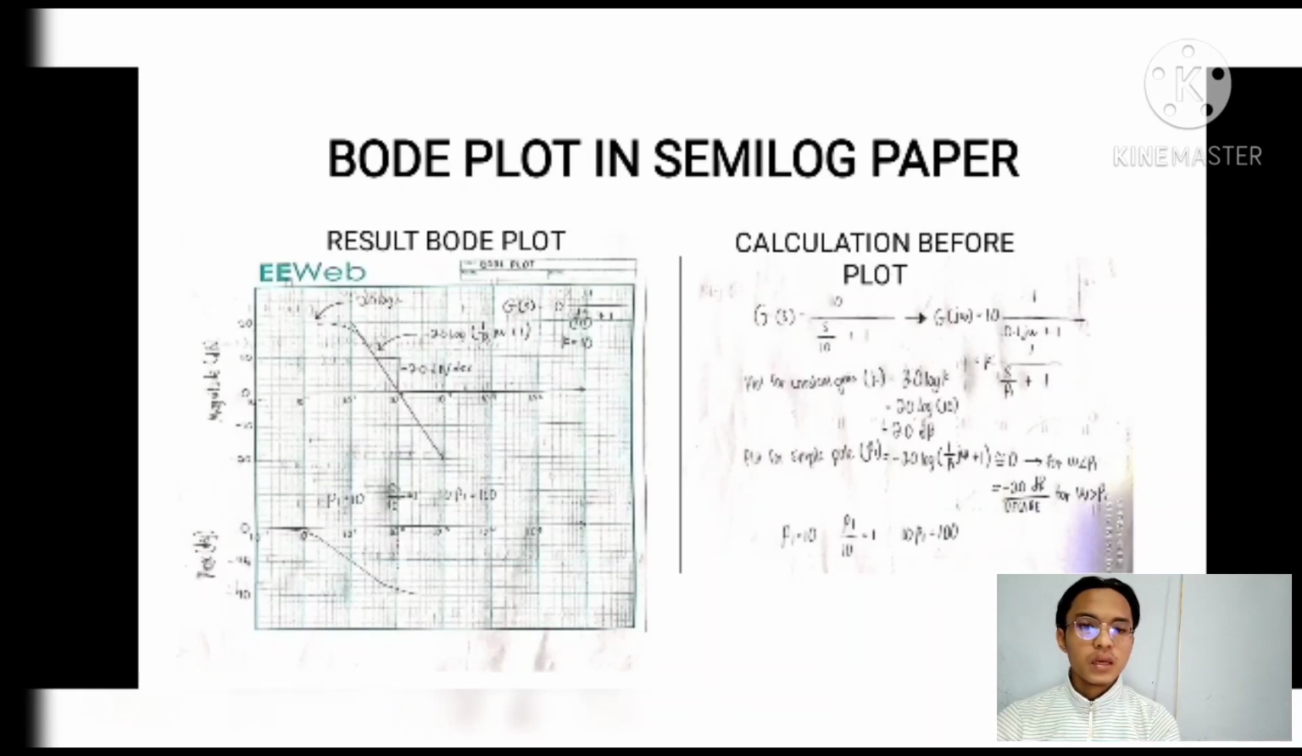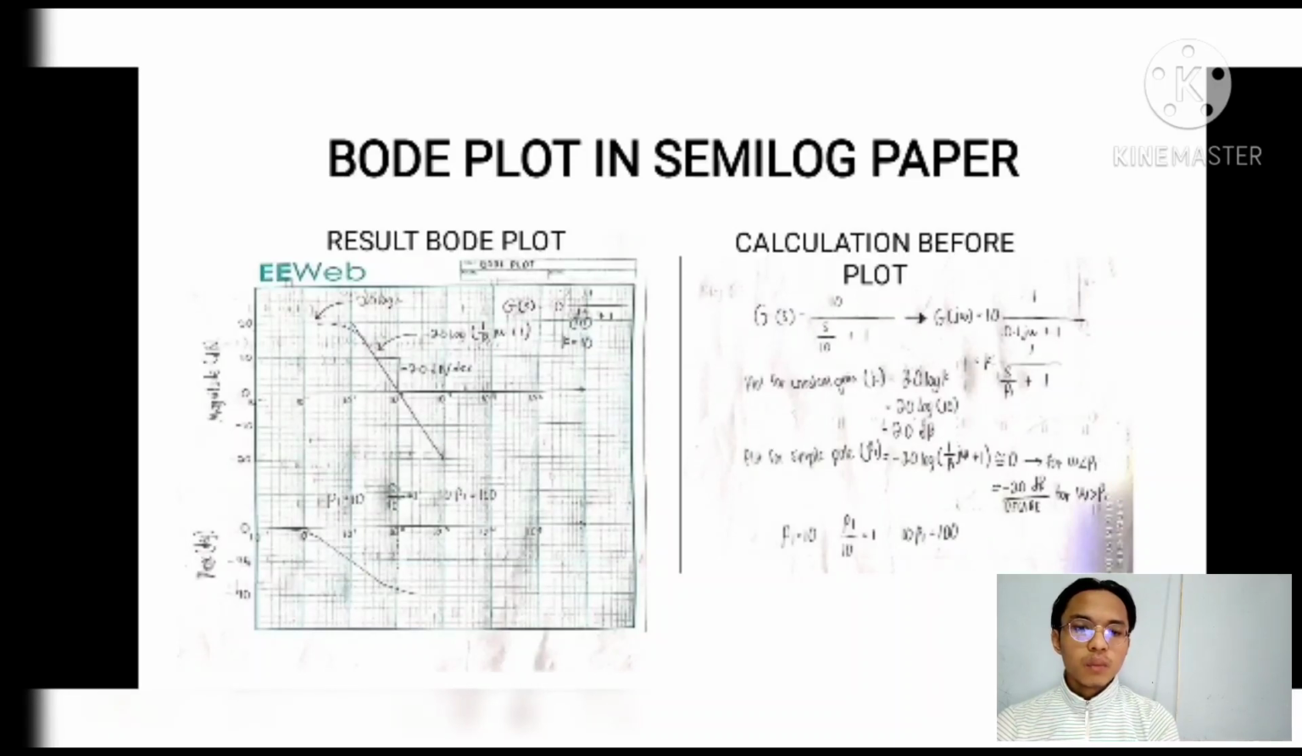we need to calculate the constant gain. Constant K is 10. We plot 20 log K, so we plot 10 and we get 20 dB. After that,